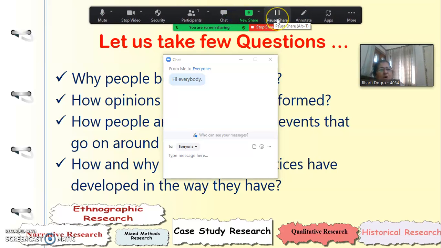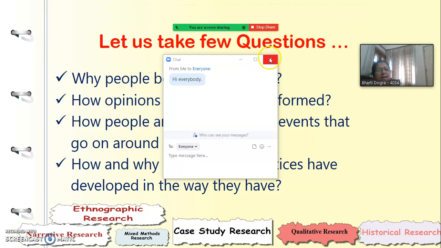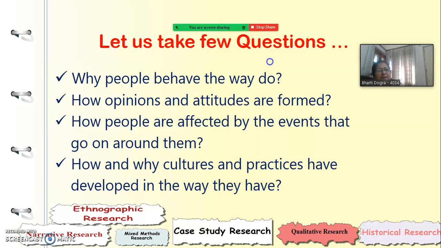New share, pause share, annotate, and whenever I want to stop sharing my file, I can click this red button, stop share. I think that's all. Now if I don't want to share the full slide, so I think this is enough for you. So I am sharing